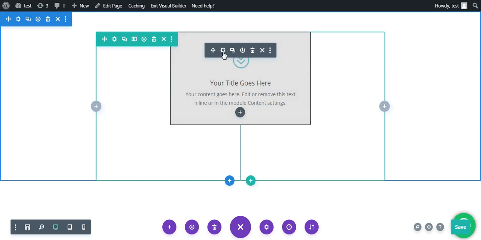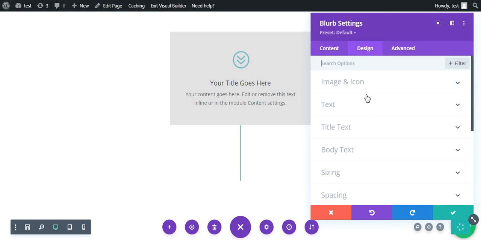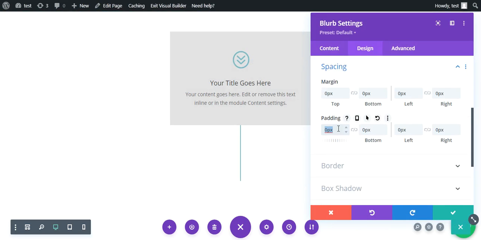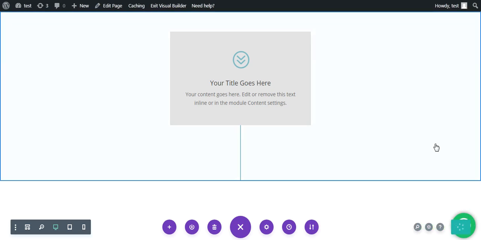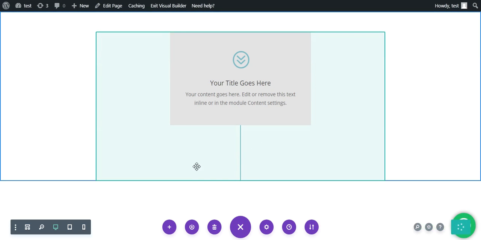So if I click on blurb, click on spacing, and give the padding of top 6%, not 66%, bottom 6%, left 3%, and right 3%. Click on save, and that seems alright.